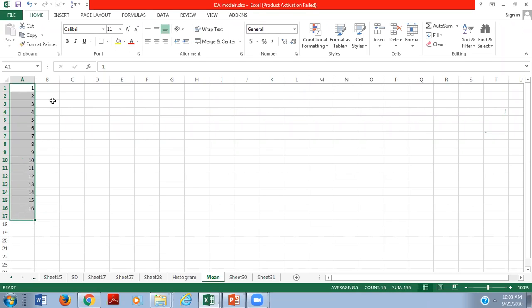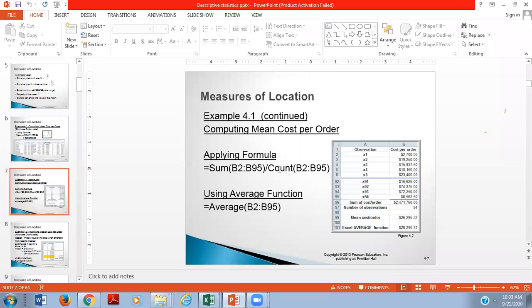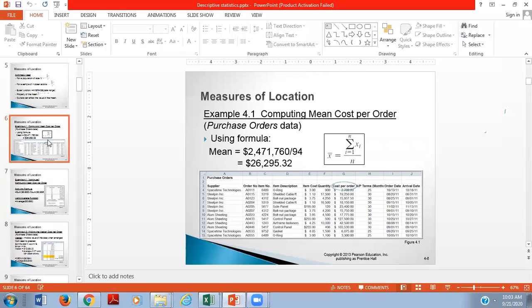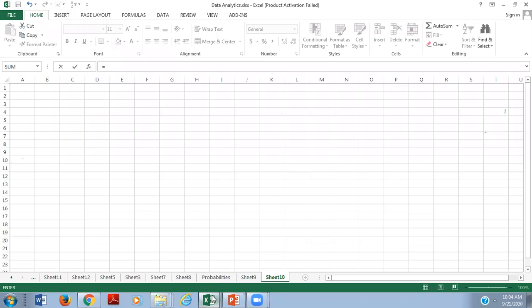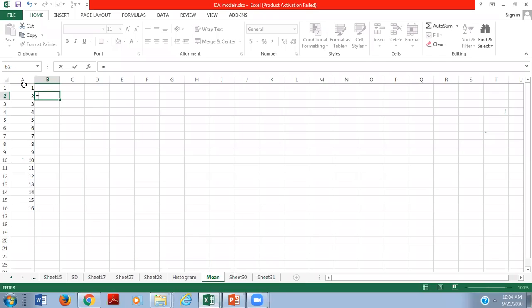Now what should we do first? What is the formula for the average mean? Summation of xi. So what is that? This is the items xi. These values are xi.